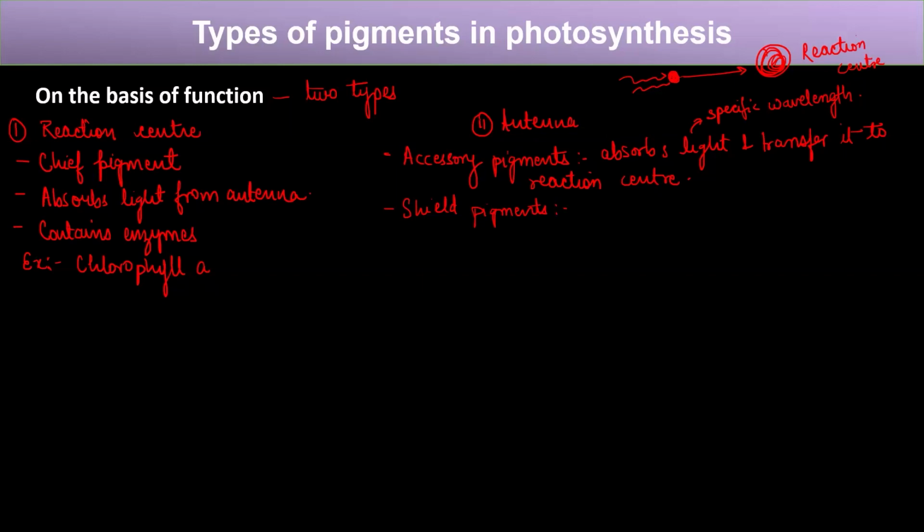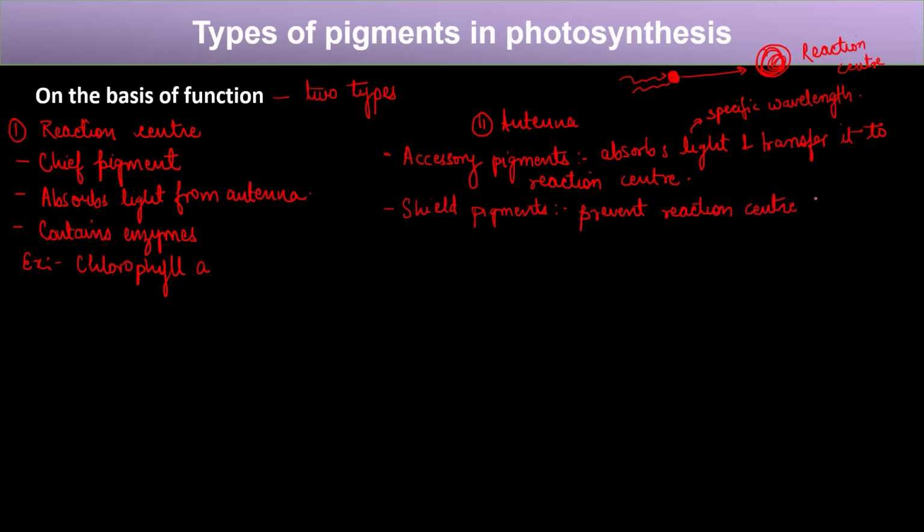Because in the last lecture, we saw that there are certain situations when the light intensity can be very high, and in that case there is a high chance that it can damage the reaction center if it gets exposed to the light directly. So what do the shield pigments do? These shield pigments prevent the reaction center